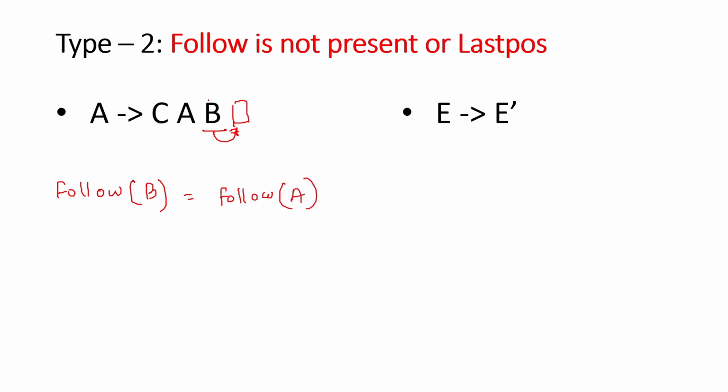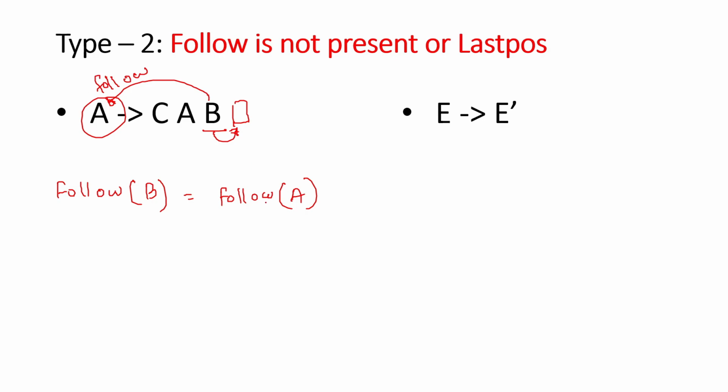Let's say we are going to find the follow of A. If the term for which I have been asked to find the follow doesn't have any follow, then I am going to come back here and find the follow of its